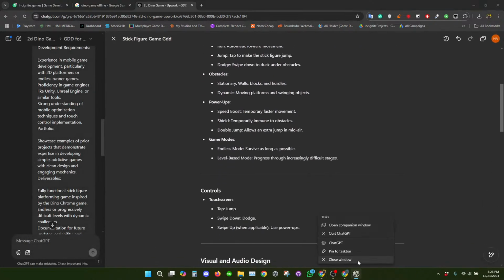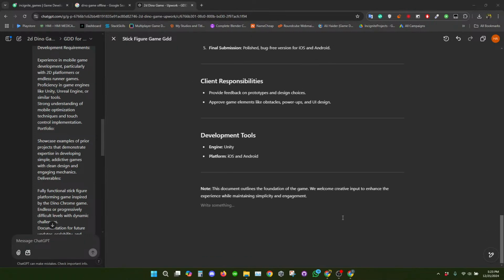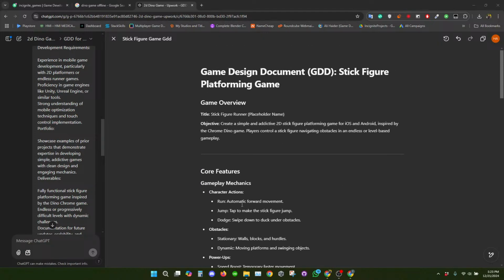So note that it doesn't work perfectly as a desktop app. So we have something here. Basically, it says stick figure runner, which is just a placeholder name, and it gives an objective, which is creating a simple addictive 2D stick figure platformer game for iOS and Android, inspired by the Chrome Dino game.